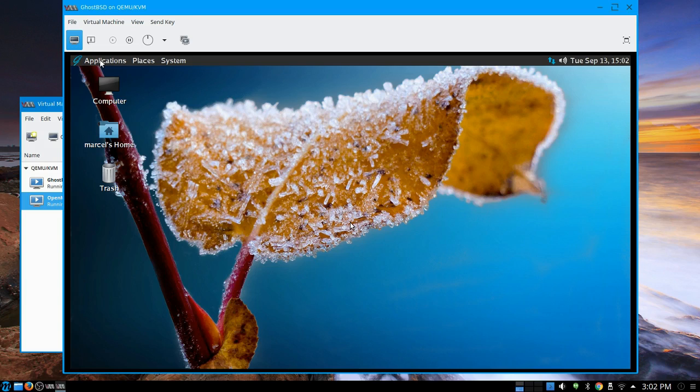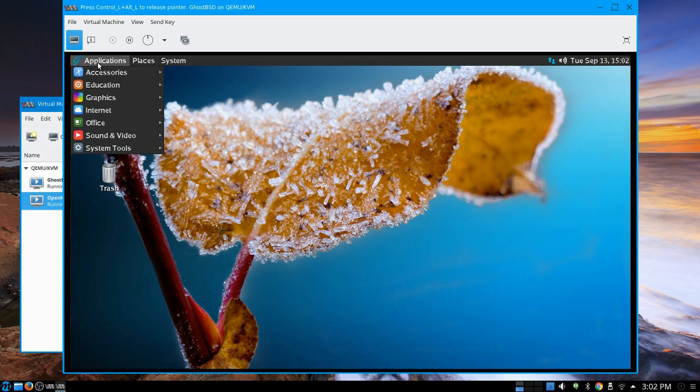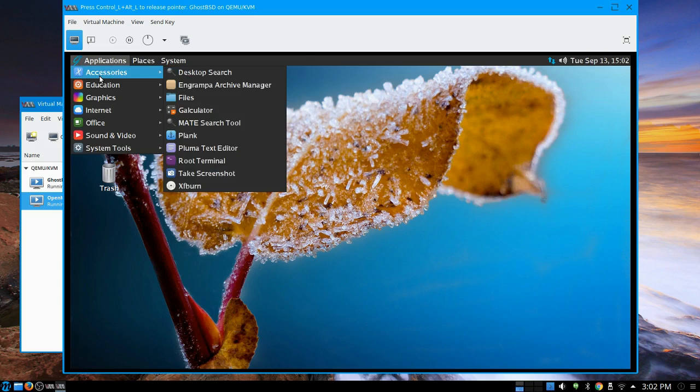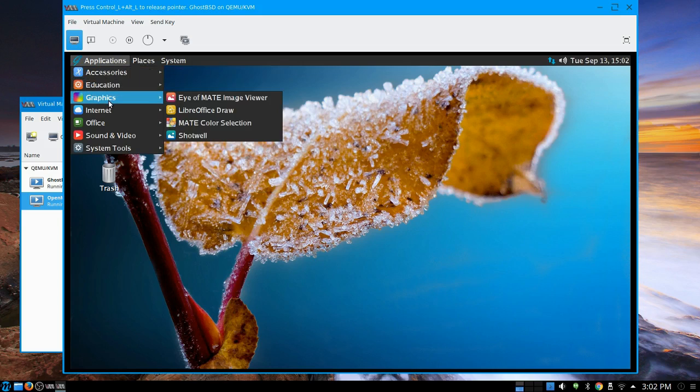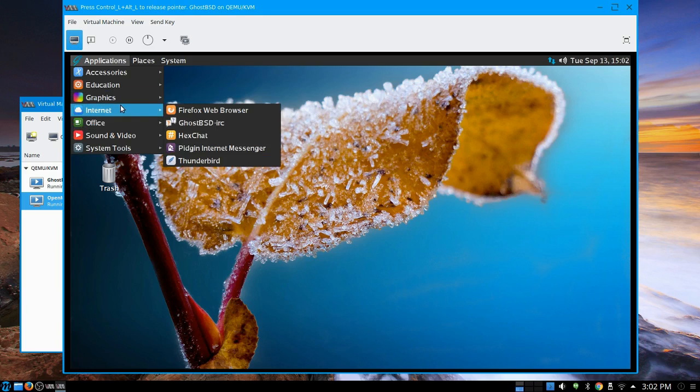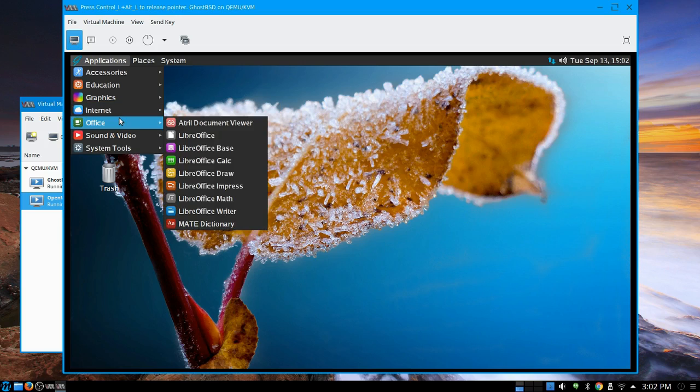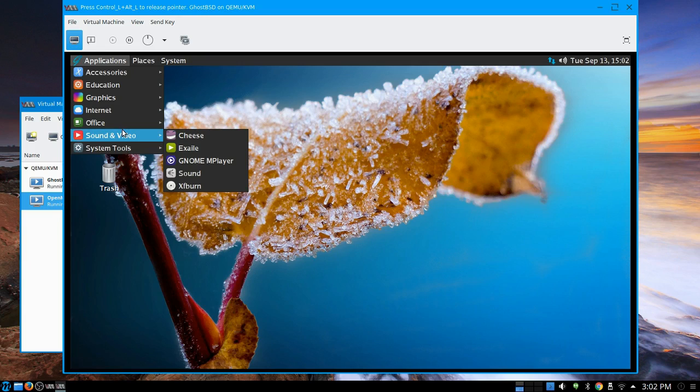What's kind of fun and funky about this is if you click inside and you click applications and we go accessories, you'll notice that there are a lot of things there. The screen resolution may not be exactly what I want at this point, but what I really wanted to show you is there are a lot of things here that you're going to be familiar with if you're using a Linux distribution. LibreOffice, for instance. Internet: we've got the Firefox web browser. Office applications: the whole LibreOffice suite, Writer, Calc, the things that you're used to.